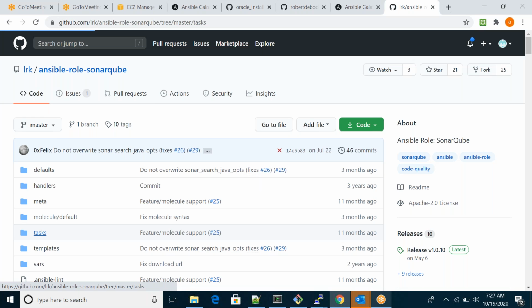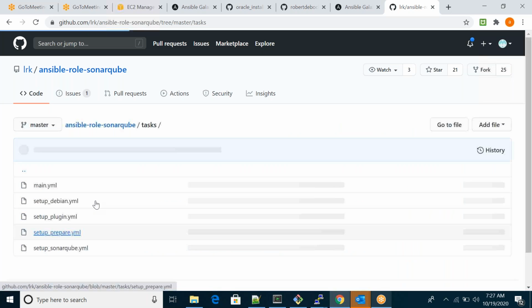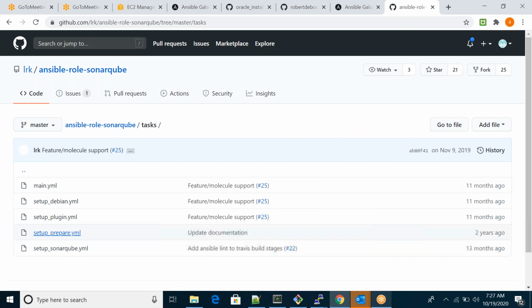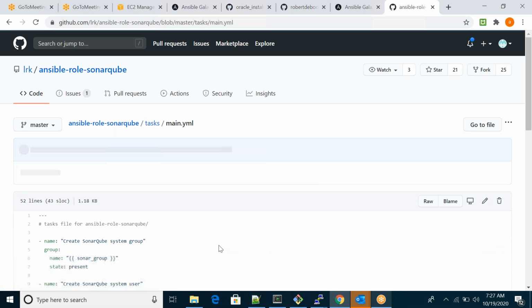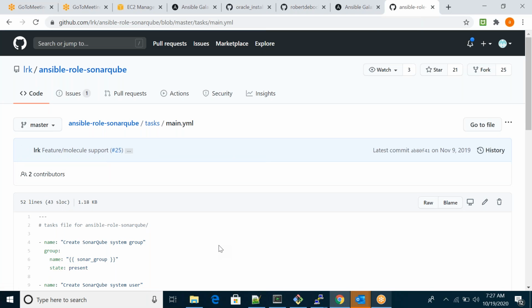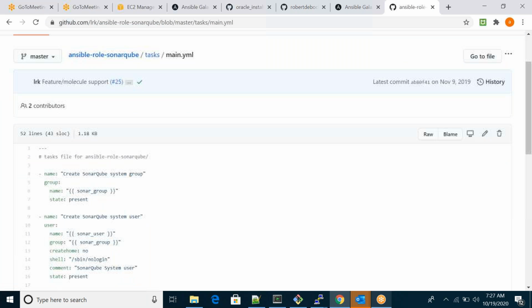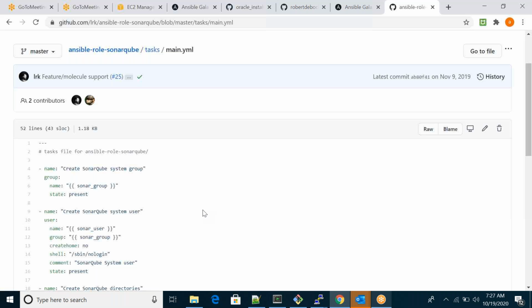Okay, SonarQube. If you go to SonarQube, you can see here setup, prepare. These are all the external YAML files. This is the main file, and in this main file they included these external YAML files. You can see here creating one group, some group name, some username.